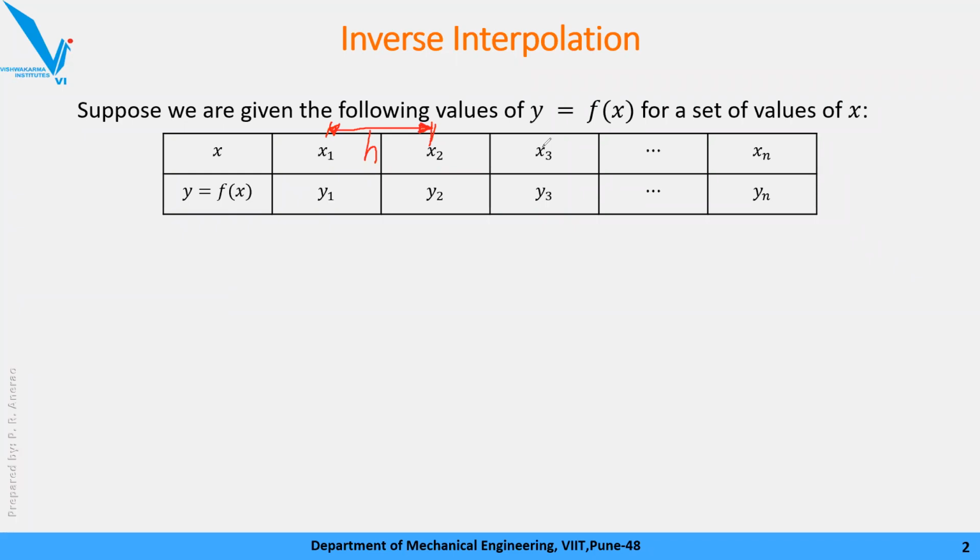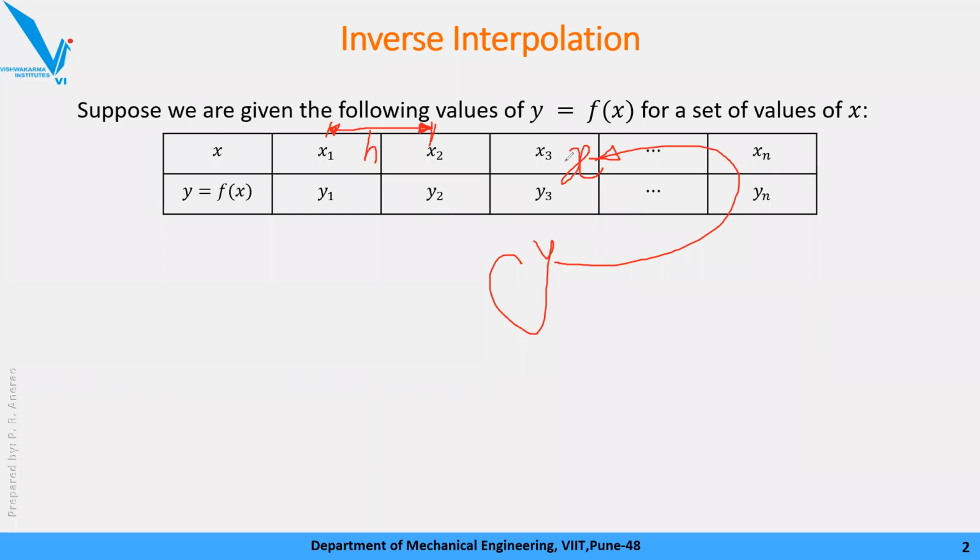Now, going back to the definition of inverse interpolation. Inverse interpolation is the opposite of interpolation. उल्टा करना पड़ता है. In inverse interpolation, an output parameter y is given to you, and you need to calculate the corresponding dependent parameter or input parameter, that is x. So y दिया जाता है और x निकालते हैं.